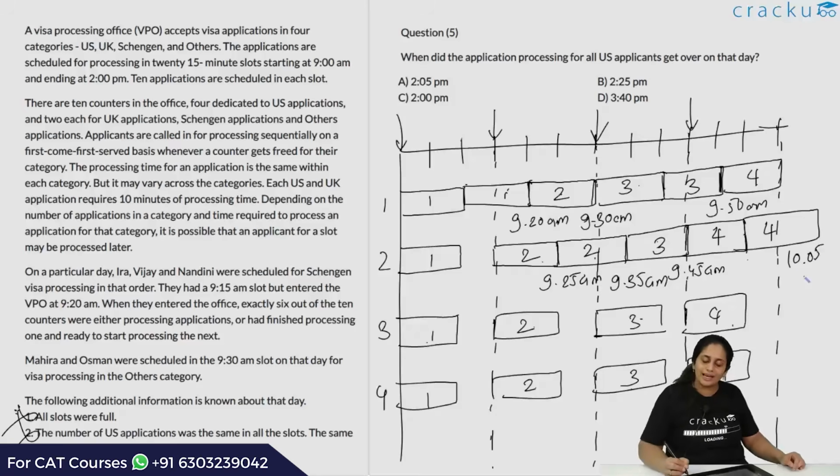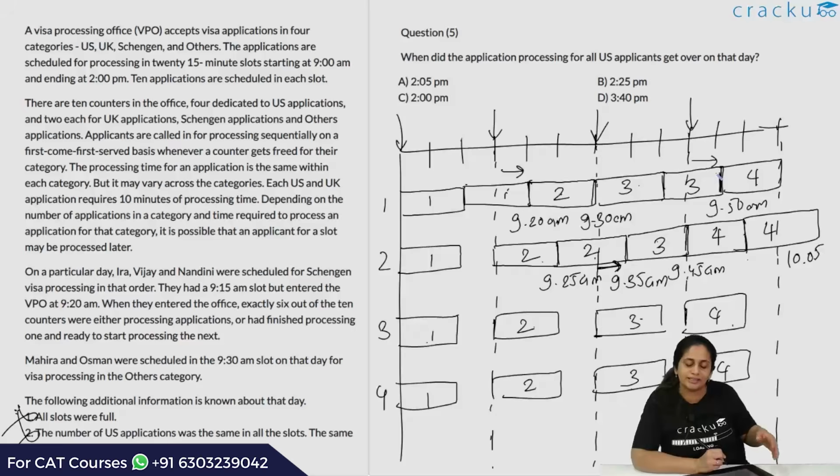So you can see a trend emerging, okay. The first trend is that the first slot is done at 9:20, so it is essentially extending by 5 minutes. Over here also the second slot, last guy is done at 9:30 a.m., so even this is extending, it is 9:35 a.m. Over here also for the third slot, last applicant is done by 9:50 a.m. So again extending by 5 minutes. Every slot is running late essentially by 5 minutes.